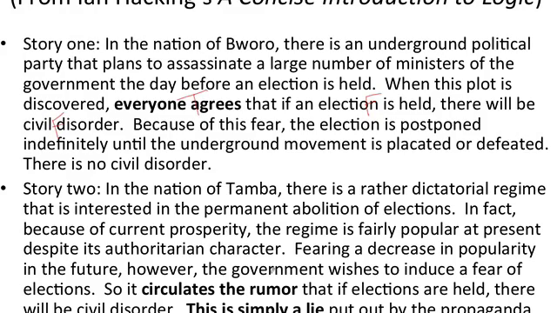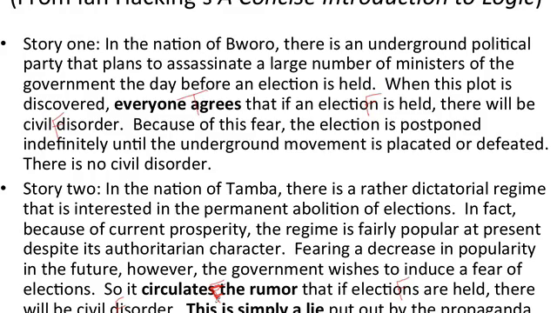In the second example, elections are held is false. There will be civil disorder is false. But the rumor, so the rumor is false, right? It's a rumor precisely because it's a lie, right, put out by the propaganda machine. So it's false that if elections are held, there will be civil disorder, because this is in fact a lie,